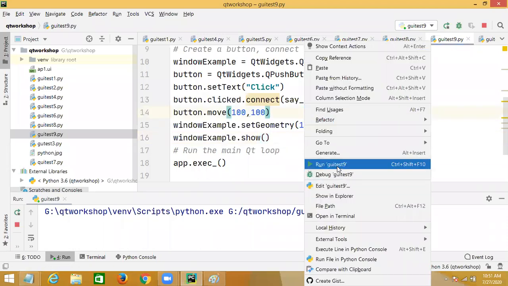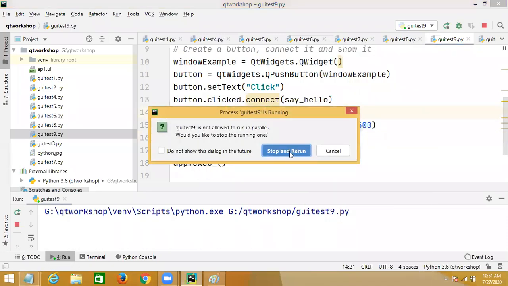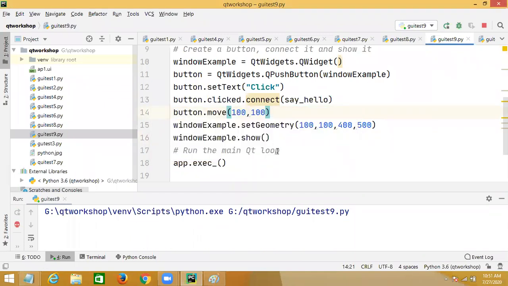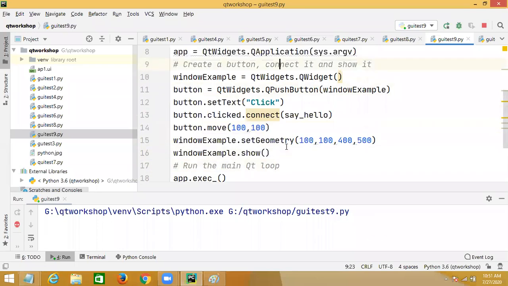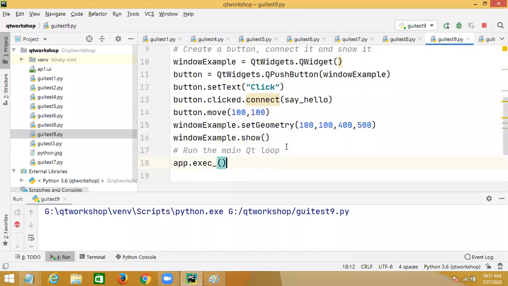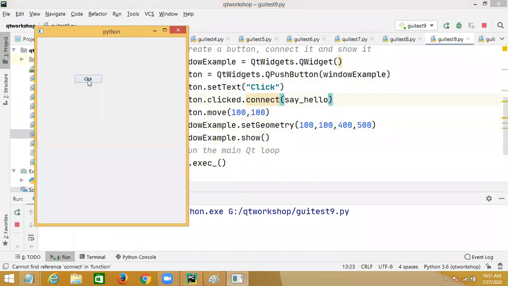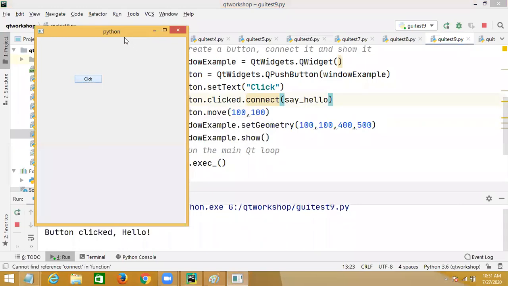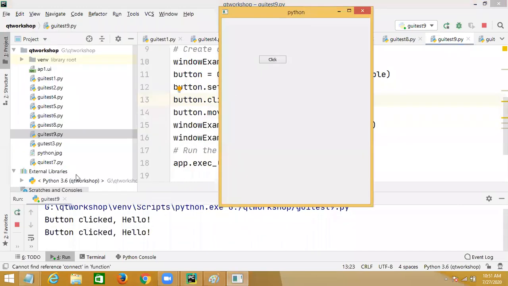So this will execute the window, right? Now this is executing. Now click. When you click on the button, now there is a message, button clicked hello. So this is an event.